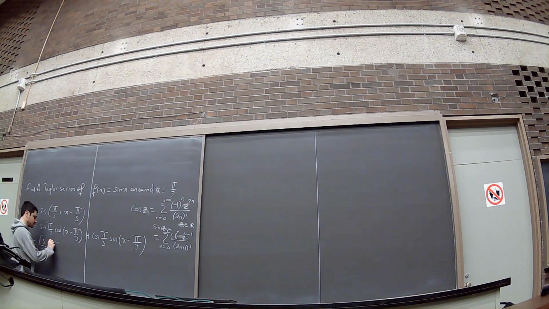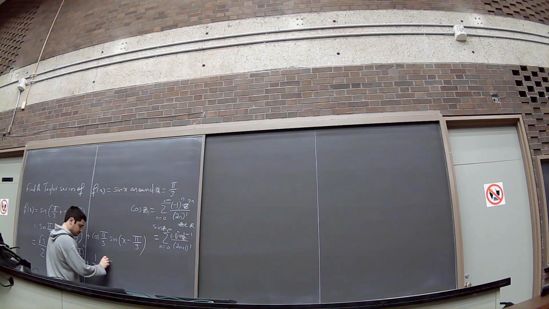It is the sum of minus 1 to the n, x minus pi over 3 to the 2n, over 2n factorial, plus what? 1 half